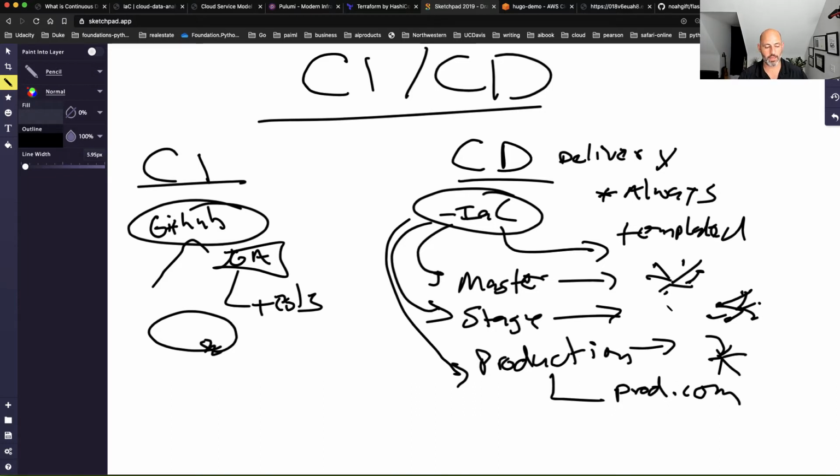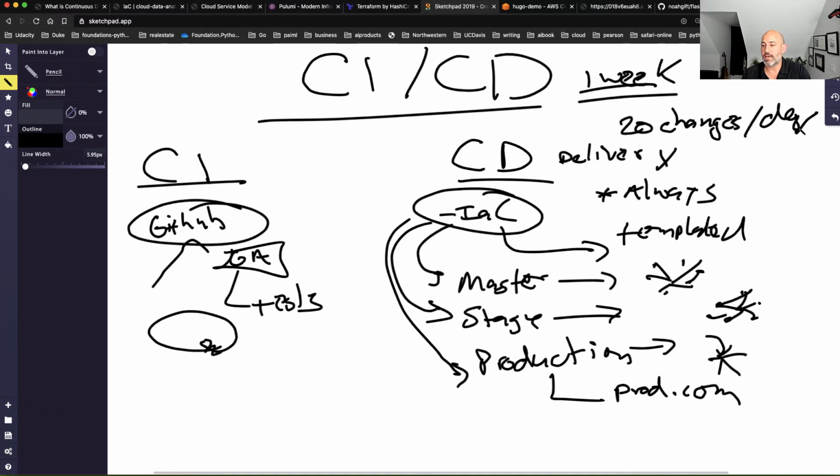So this is really powerful. Even in 2010, I was working at huge companies where it would take a week to deploy software, and people had all kinds of excuses why it was okay that it took a week to deploy software. It was a bad excuse. But with continuous delivery, you can make 20 changes a day, right? You can do a lot of changes because it's all completely turnkey automated. So that's the core concept, and that's what we're going to set up with Hugo.